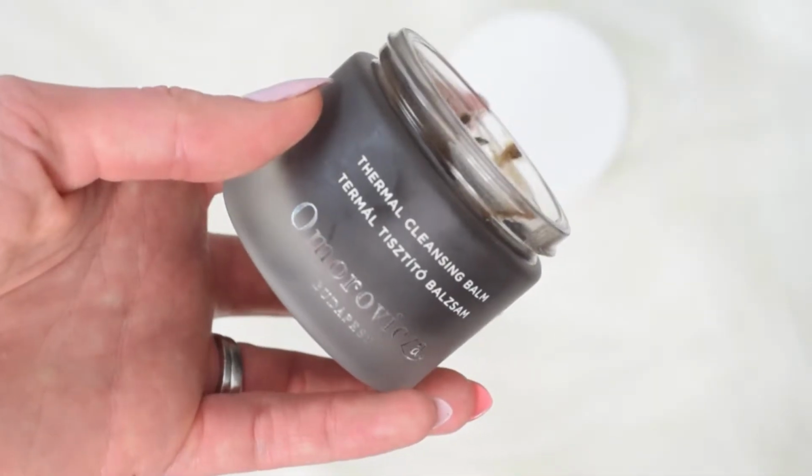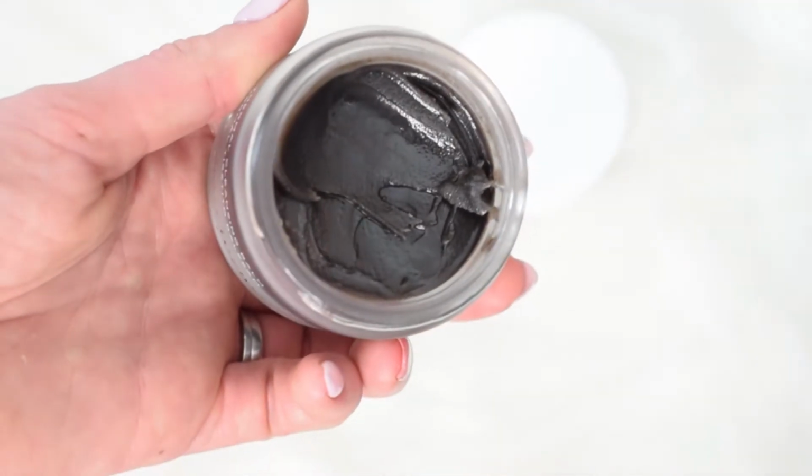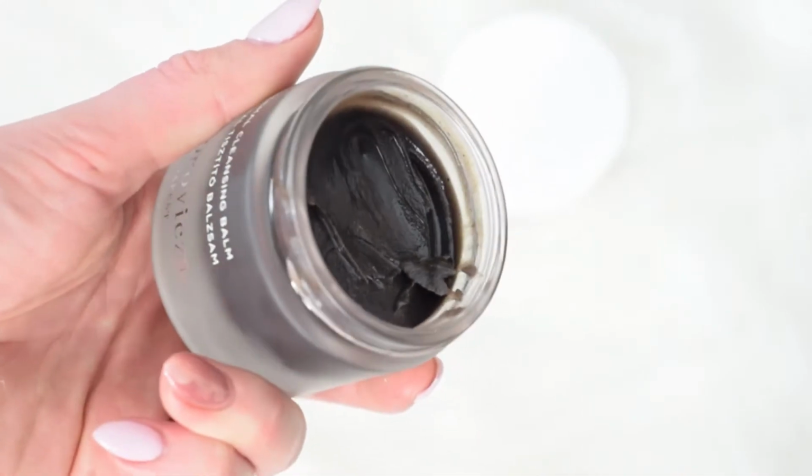This is a black cleansing balm. I will do a close-up for you. It's got the Hungarian minerals and whatnot in it. I mean, it smells amazing. I don't know the ins and outs off the top of my head, but it's got all the Hungarian minerals in it, which are dark, and that's why it's in there. But it means it's a very purifying cleanser, so it really helps my skin to feel much clearer,